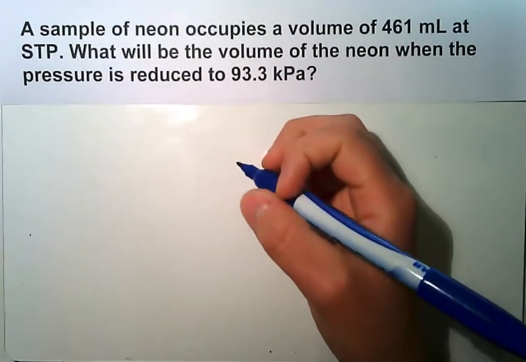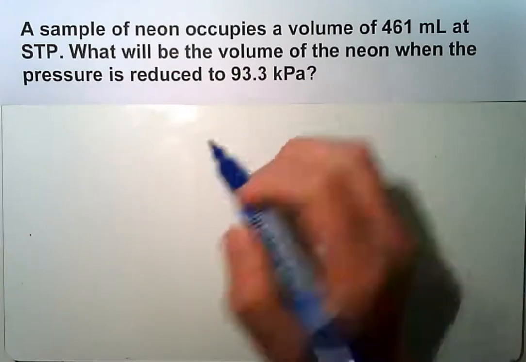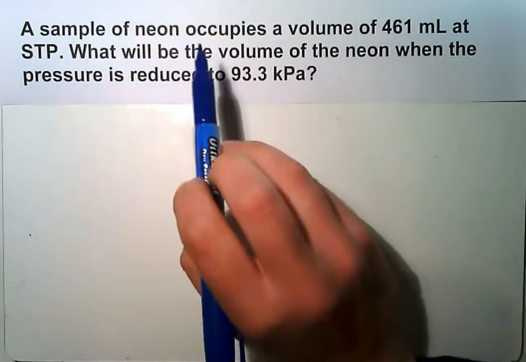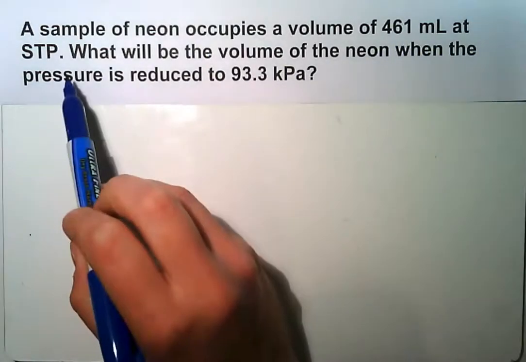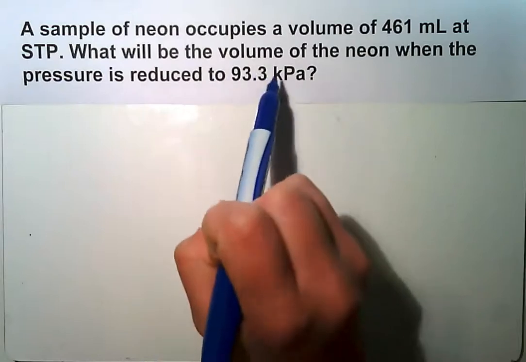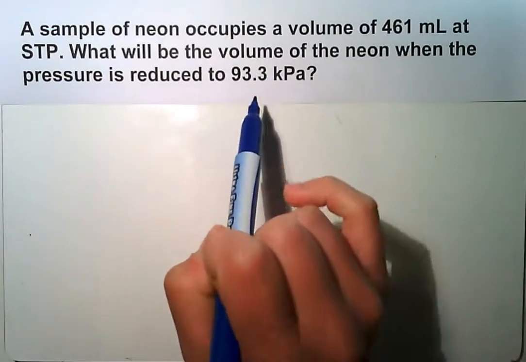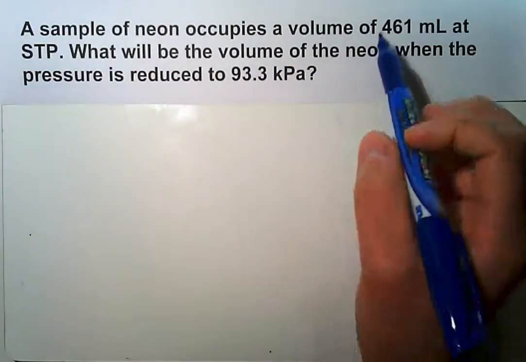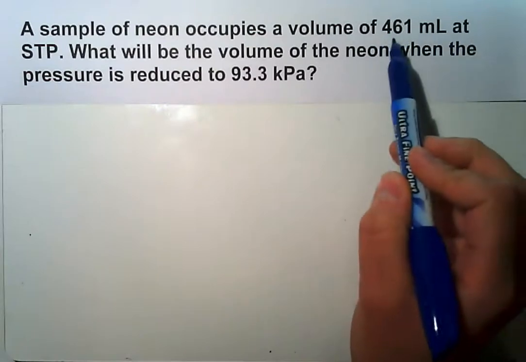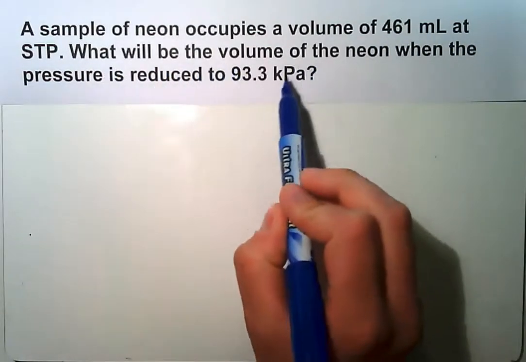So in this video, we are going to go through a Boyle's law problem. It says a sample of neon occupies a volume of 461 milliliters at STP. What will be the volume of the neon when the pressure is reduced to 93.3 kilopascals? Okay, so here we have an initial volume, and we're asked to find a new volume when